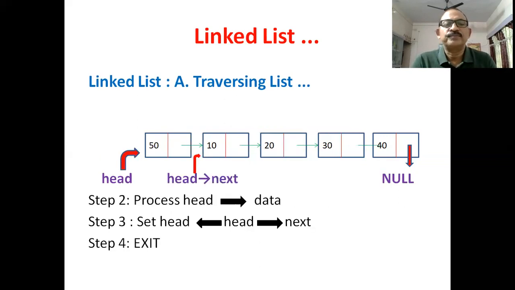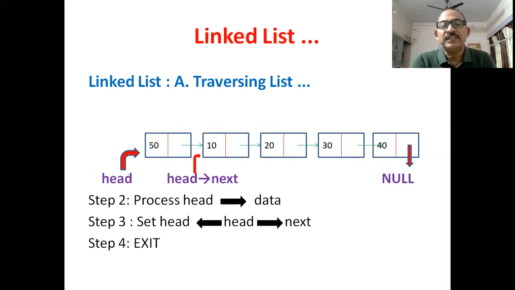Let us see. We have seen the process head followed by arrow and followed by data. This way we can process the first item in a linked list. Depending on our operation, our requirement, suppose we simply want to print the items. So here we write the statement print head data.